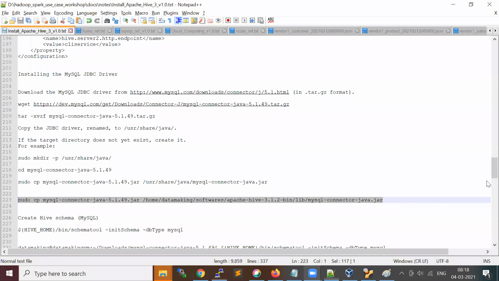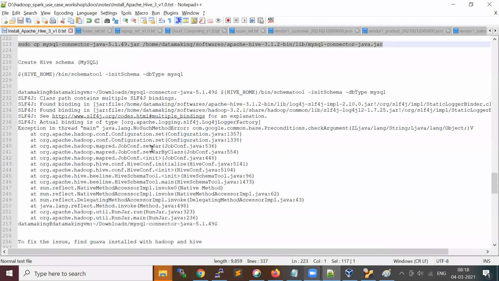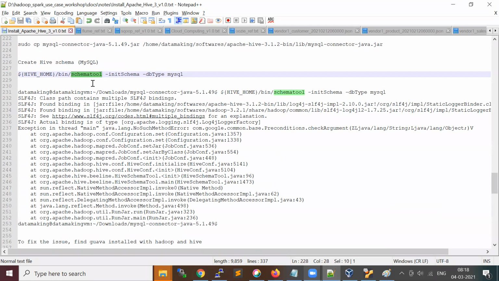Now we need to configure the schema. We just created an empty Metastore database, right? So we need to configure it. There is some script available that you need to run on that Metastore database. For that, Hive gives you a utility called schema tool. It will be there in your build folder.